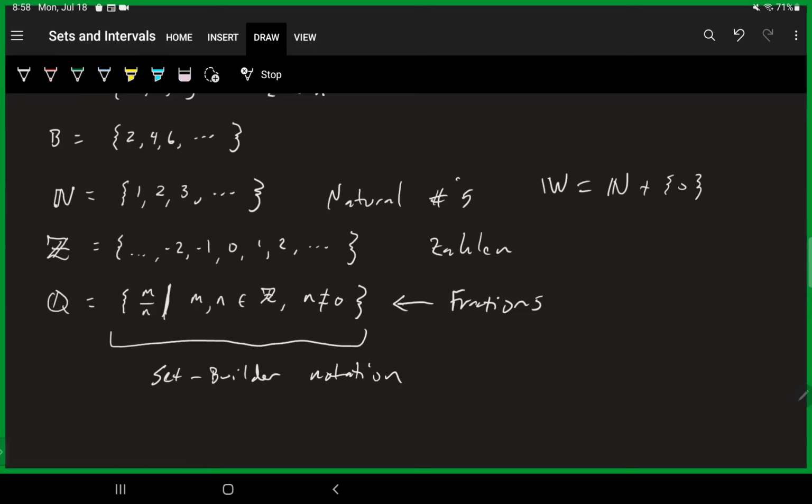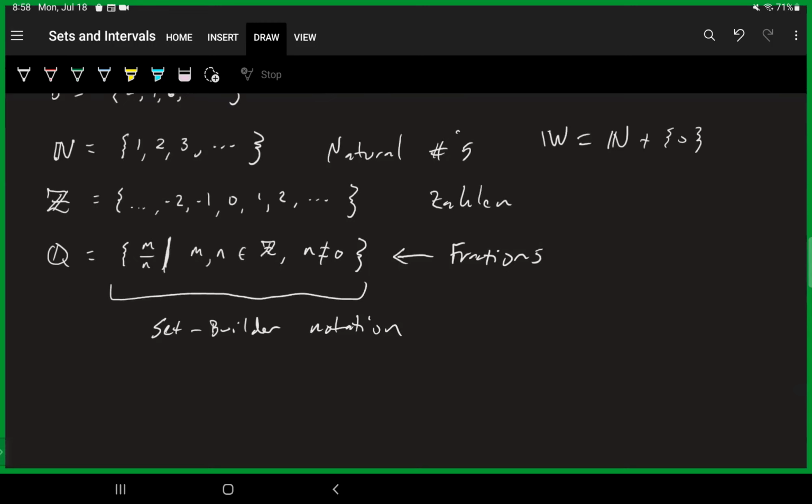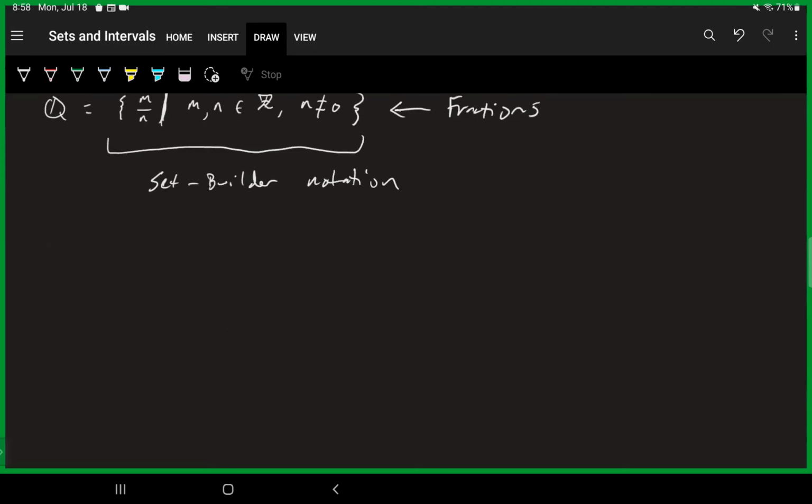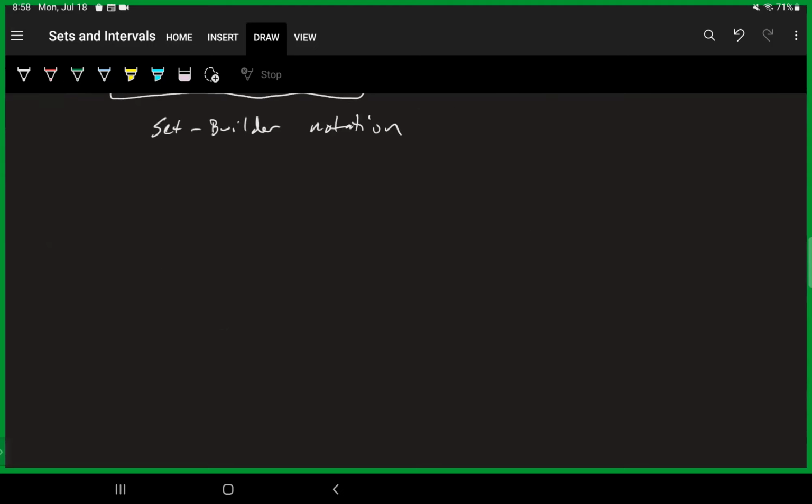Again, this is stuff that we're going to see in our future math classes, and they might pop up from time to time, either in the book or in particular lessons. We're not going to see these fancy things too much just yet, but they do show up a lot. And if you're going to watch somebody else's videos, they might use them more than I do in this series. So that is a crash course on what sets are. Let's look at some fancy sets. We're going to talk about things called intervals.